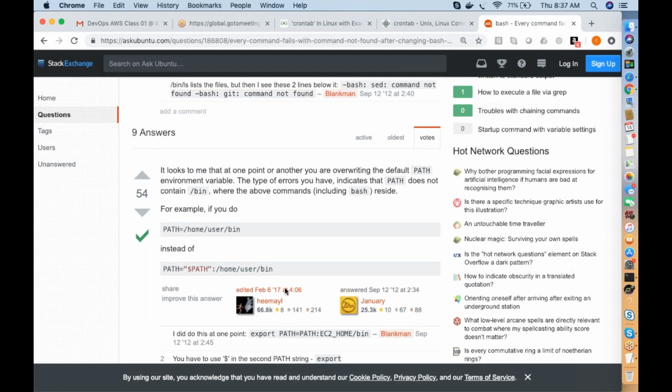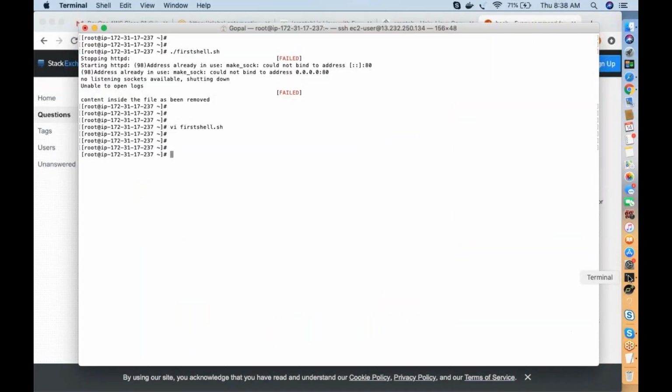We used an environment variable called PATH, right? We should not use that. It seems it doesn't belong to bin bash.